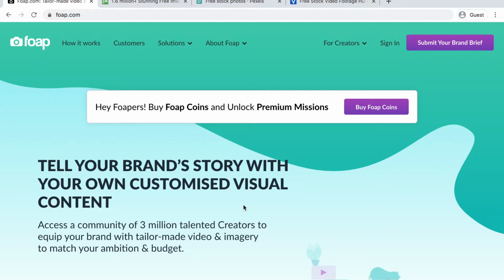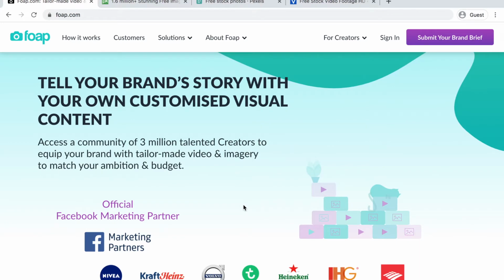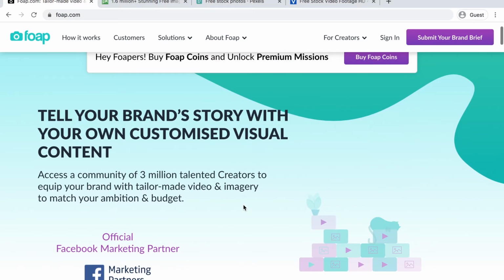Now, the site we're going to look at today is a site called fore.com. Now, fore.com is where companies come to have pictures and videos for their brand or commercial or ad that's coming out for whatever product, right? It's kind of like a professional stock photo site. But the caveat is it's not for professional photographers, right? These companies are looking for people and pictures and videos that are more natural, not your straight up stock photo, very posed, very poised looking pictures, right? They need something that's more organic. They need something that's more authentic,